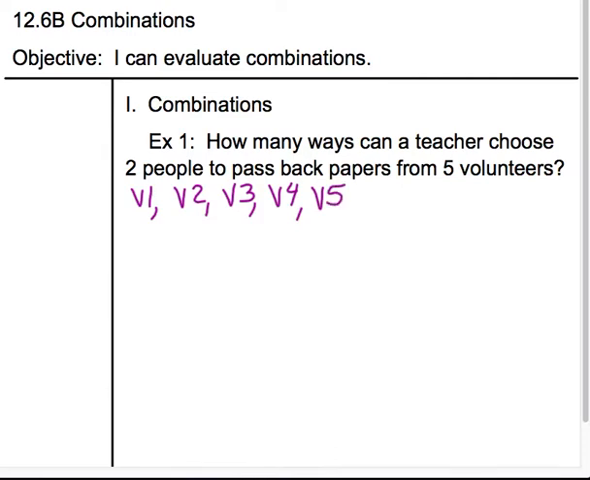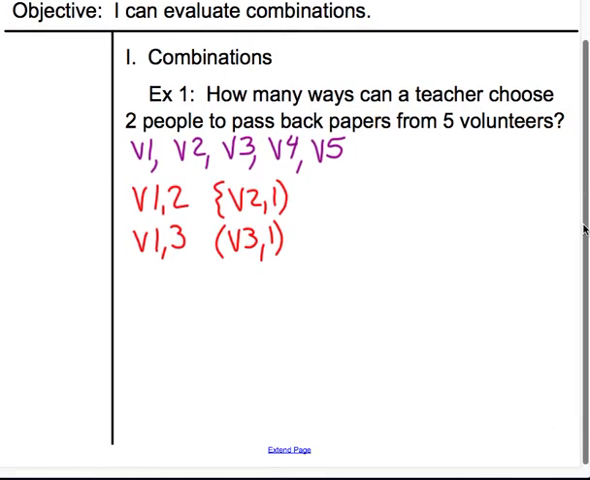So she could choose volunteers 1 and 2, which would be the same as volunteers 2 and 1. And then she could choose volunteer 1 and 3, which would be the same as volunteer 3 and 1. And there's a reason I'm writing both of them because I want to show you where this combination formula comes from. So then going on, volunteer 1 and 4, volunteer 1 and 5,